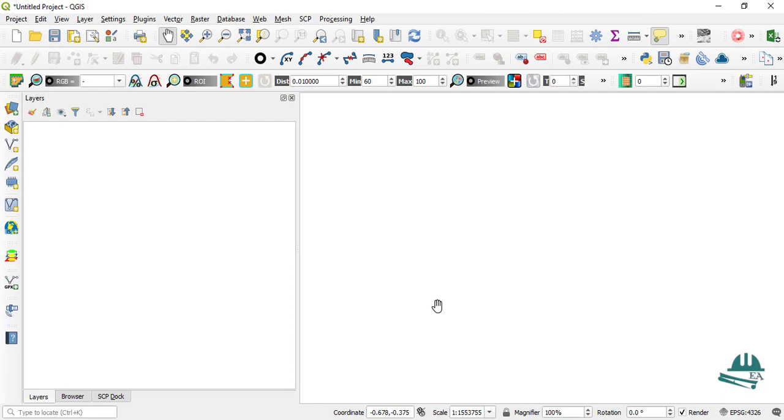In the previous module you learned about the basics of plugins, and in this module we will be working with raster data. The goal of this lesson is to learn how to work with raster data in the QGIS environment, and basically we are going to learn two different things. First, how to load the raster data into QGIS, and the other is how to create a virtual raster.